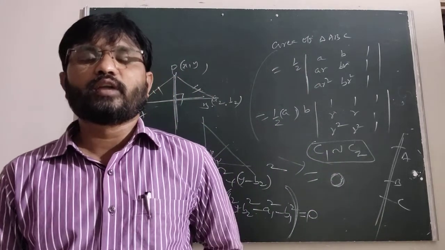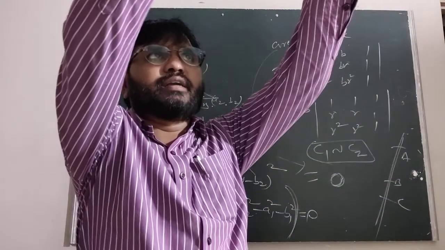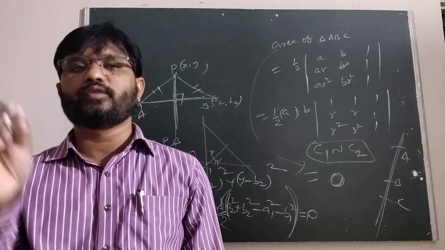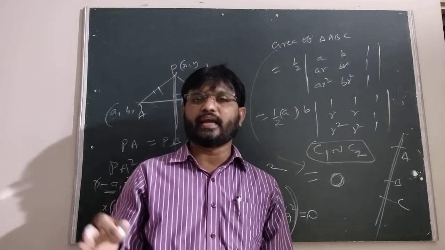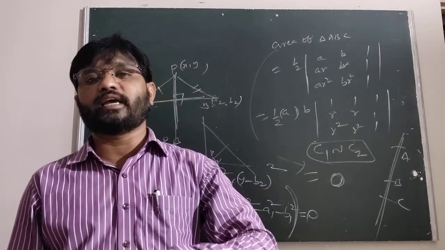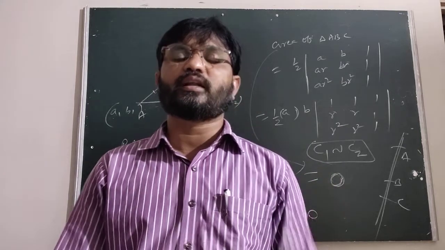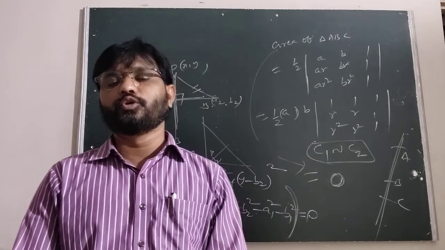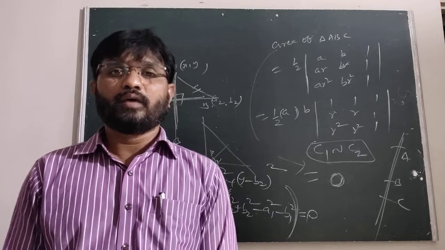After that, we are going to discuss the line L equal to ax + by + c. The line L divides the line segment joining A and B in the ratio minus L11 : L22. Suppose L11 and L22 have the same sign, then the points are on the same side of the line. If L11 and L22 have opposite signs, the points are on either side of the line. But the ratio is minus L11 : L22. Is it clear?